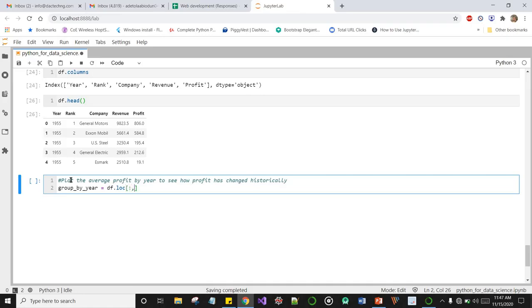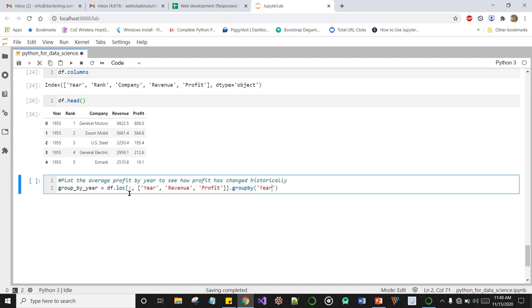Select all rows, then comma, then we'll pass a list of the columns we need: the year column, the revenue column, and the profit column. And there's a method called groupby, and we are grouping by the year.